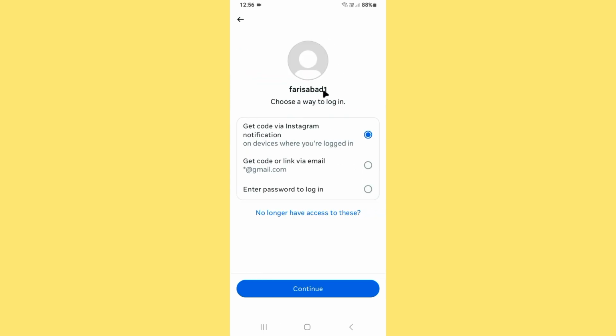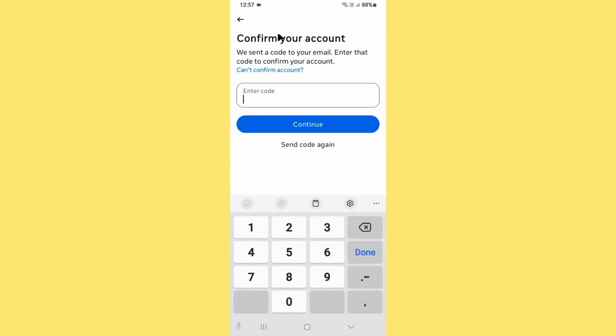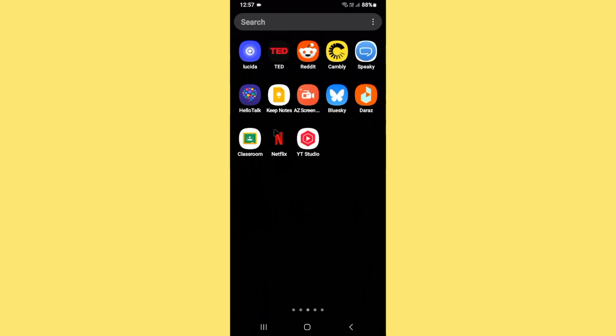So you can see this is my Instagram account. I want to reset the password, and I want to get a code or link via this email. I have already verified the email on this account, so I want to get a new verification code here. After selecting this option, simply tap on Continue, and now it asks for confirmation. So first I want to go to the email,